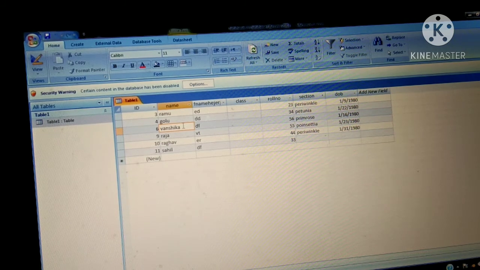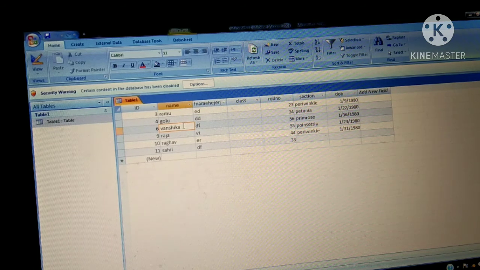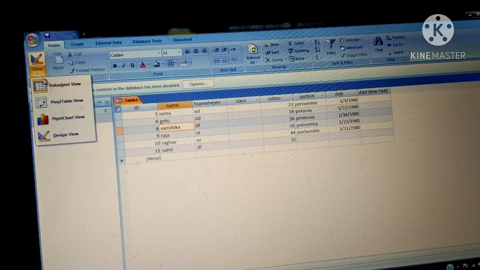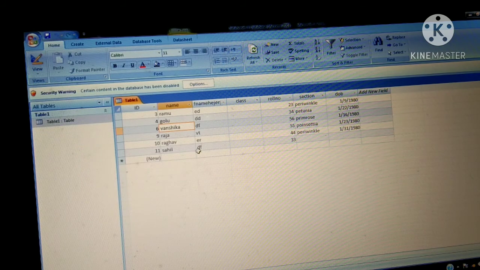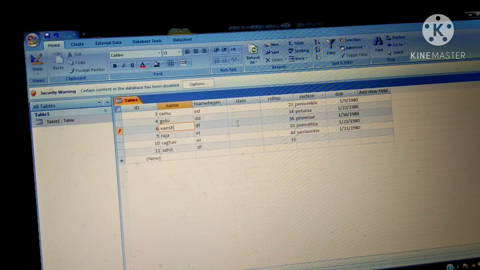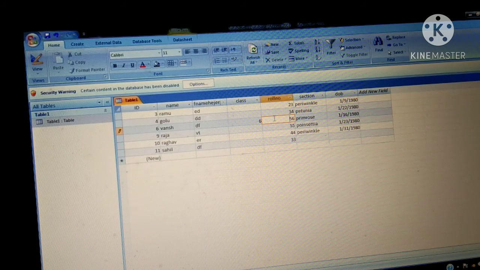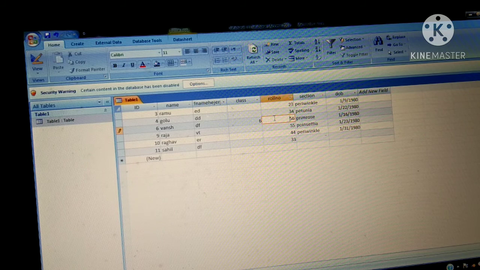So for this you have to open your table first in data sheet view. This one is my data sheet view. If you want to switch to data sheet view, then click on view and here is the option data sheet. From here we will switch on to this data sheet view. Now if you want to do the editing in any particular field, adding करना है, delete करना है, from here we will do. I want to insert class also, means I am adding something. I am writing 6th class, and like this we can do the editing in the table with the help of this data sheet view.